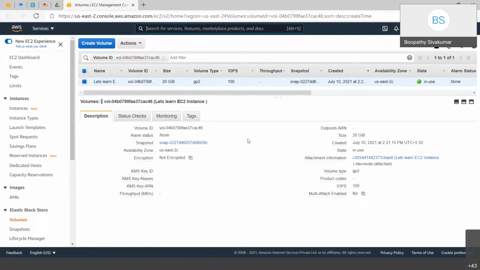Okay, one good feature AWS recently brought in is that you can dynamically increase the size of an EBS volume. So for example, if you run out of space, your 20 GB is used, you can extend the storage by 10 GB extra without restarting the system or making any changes to the running system. You can directly scale the size of the EBS storage.